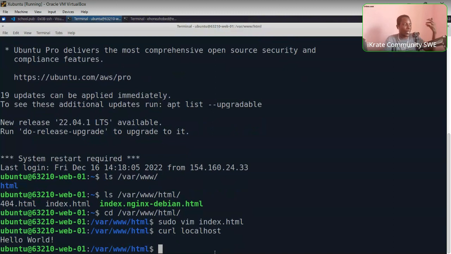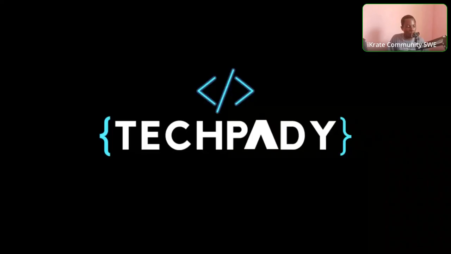It's giving me the content from that web page, and that web page for our localhost is what? Index.html, because it is the default file that a web server will serve. So that default file is what it returns, and that is what is showing me when I do curl. Okay, this also means that if I go to a browser